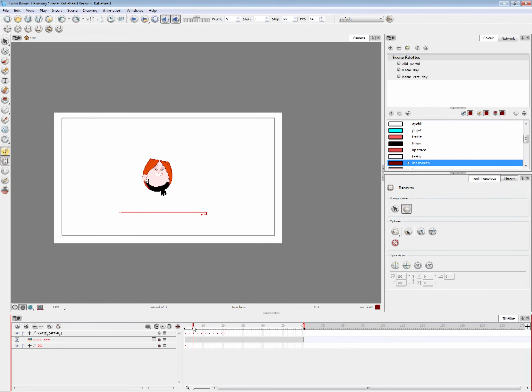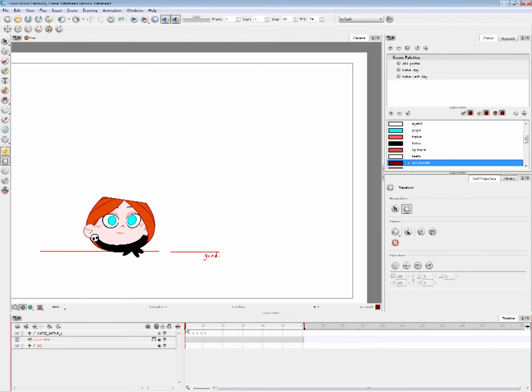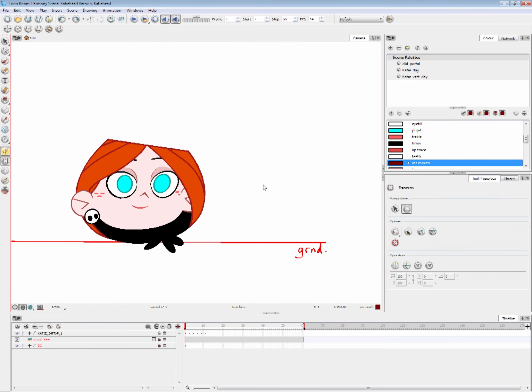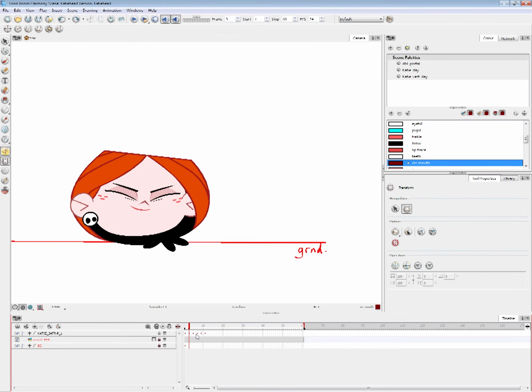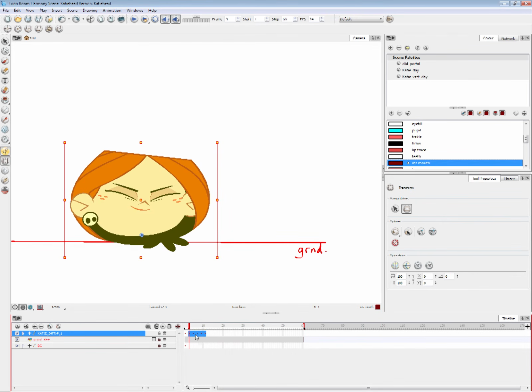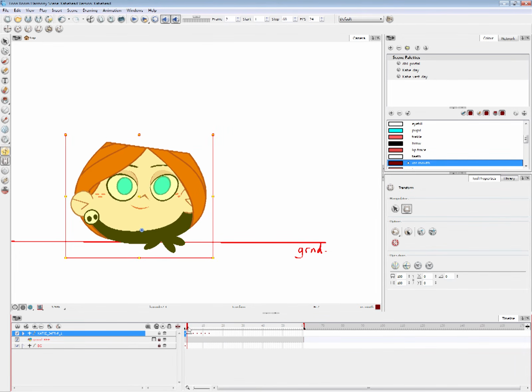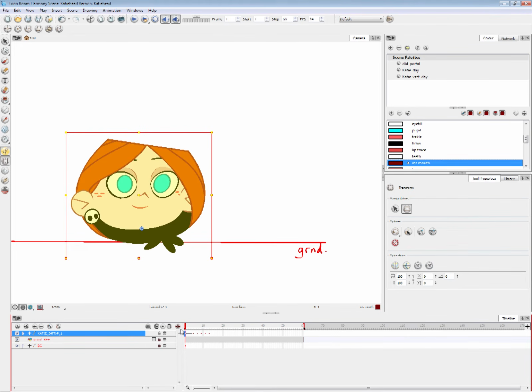But let's give it a little bit of timing. I'm just gonna undo all the copies that I made. And so I'm gonna select everything and just move it over. And then on the 3rd frame, maybe I'll give her slight anticipation up.